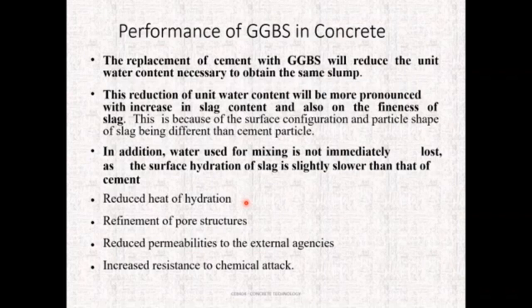The performance of the GGBS in concrete: the replacement of the cement with slag will reduce the water content to some extent. This reduction in the water content is predominantly due to the increase in the slag content, which depends upon the fineness and grading of the slag. In addition to water reduction, the hydration of the slag is slightly slower than the cement. Hence, it reduces the heat of hydration. It refines the pore structure of the concrete. It reduces the permeability